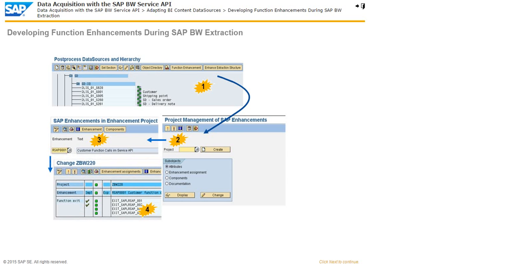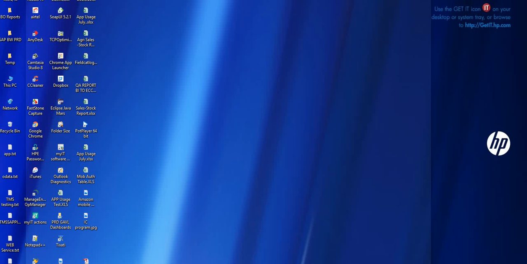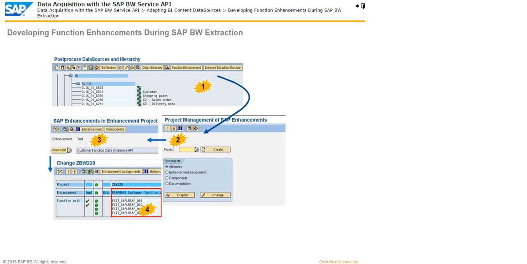There are 4 different enhancement components that can be used for enhancement RSAP0001. They contain the code for filling the extraction structure. The components are as follows: EXIT_SAPLRSAP_001 transaction data supply, EXIT_SAPLRSAP_002 master data and text supply, EXIT_SAPLRSAP_003 texts supply, EXIT_SAPLRSAP